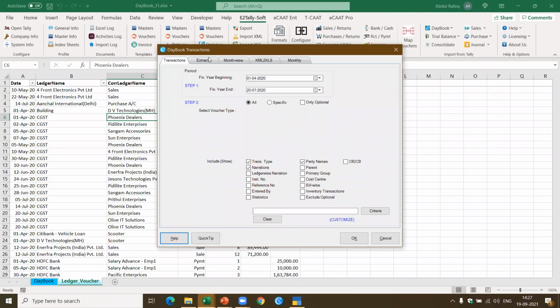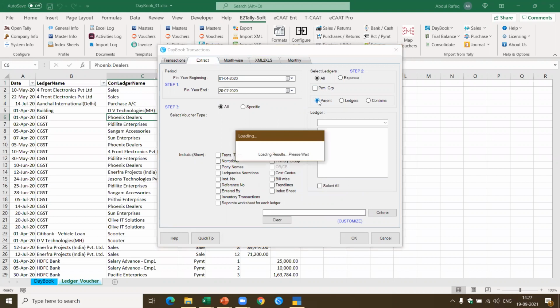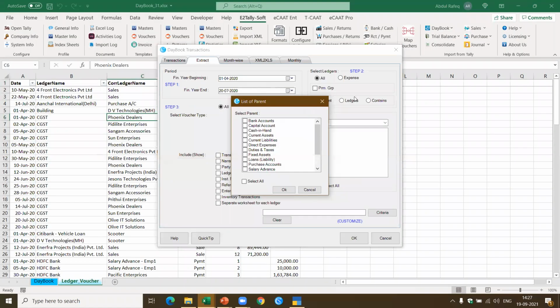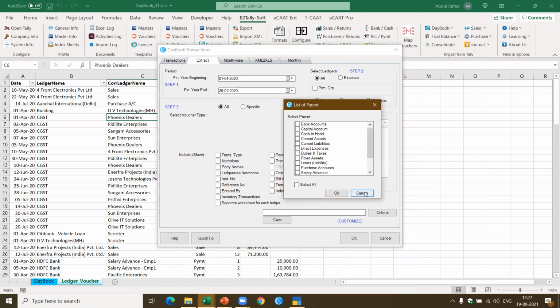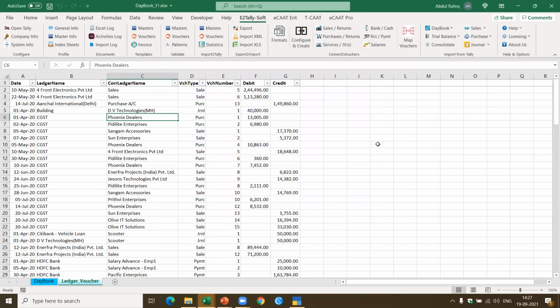So here, if you see, I can also go and extract ledgers of a particular type based on a particular parent, which means I want, let's say, only direct expenses. I can just go and select the expenses pertaining to all direct expenses or indirect expenses. I'll get all the ledgers, I can extract them. Not only that, I say I want it in a separate workbook. All these things you can do. I can get all this in a separate worksheet. I want to extract all the expense ledgers, I can do that. I can also get month-wise details. I can convert to XML, or I can also get monthly reports. You can watch future presentations for more details on this.